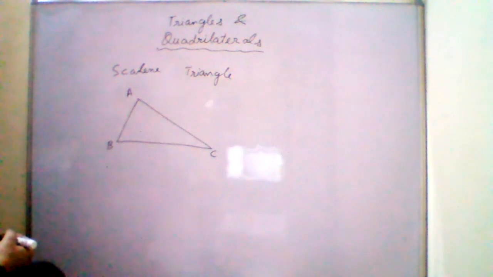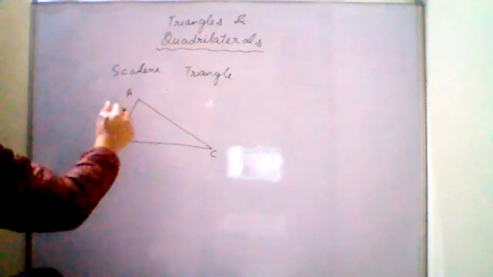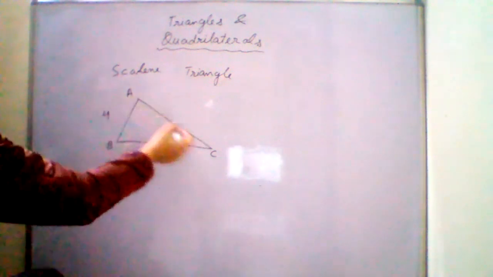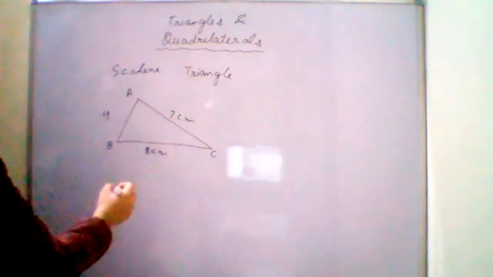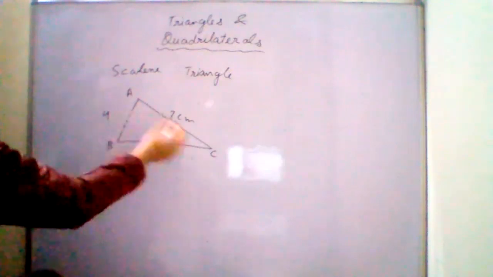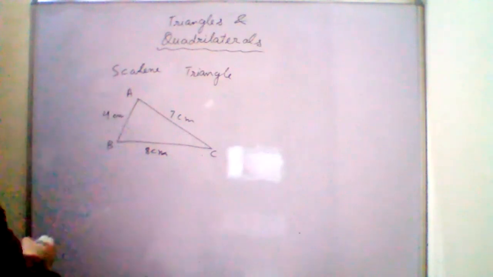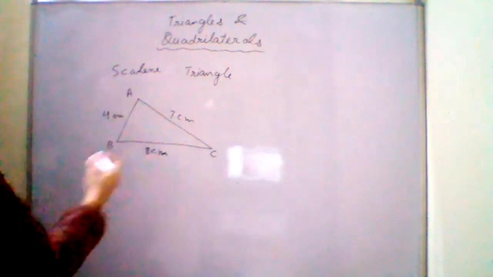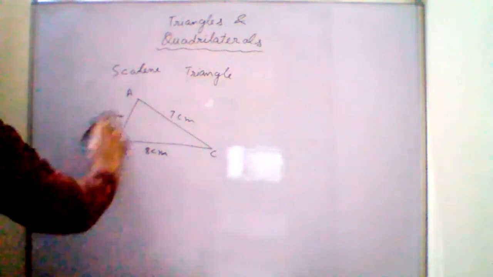Okay, all the shapes. It is there in your book, page number 143. Okay, write the heading types of triangles and then make all these. So in a scalene triangle, all the three sides are of different lengths. Suppose if this one is 4, this could be 7 centimeters and this one could be 8 centimeters. Okay, so you can see that all the three sides are of different length. So it is a scalene triangle. 4 centimeters, 7 centimeters, 8 centimeters. कोई भी length हो सकती है. Okay, but all different.